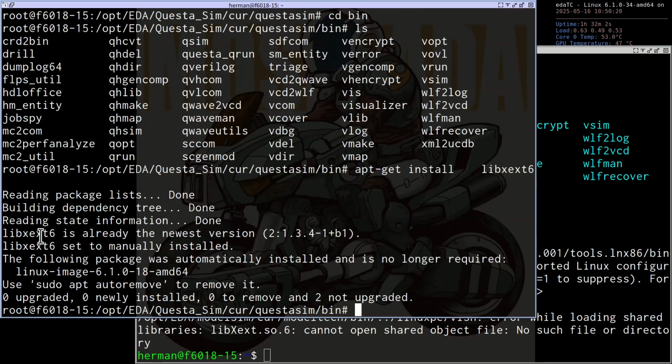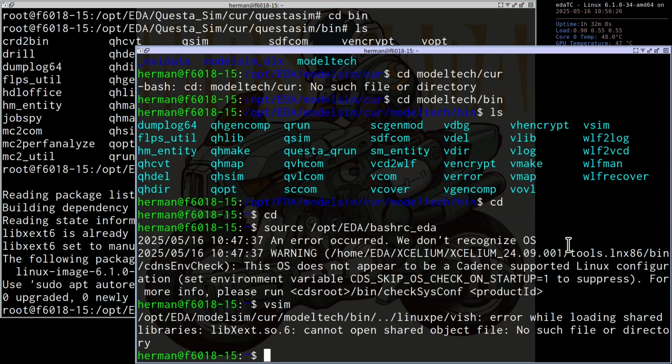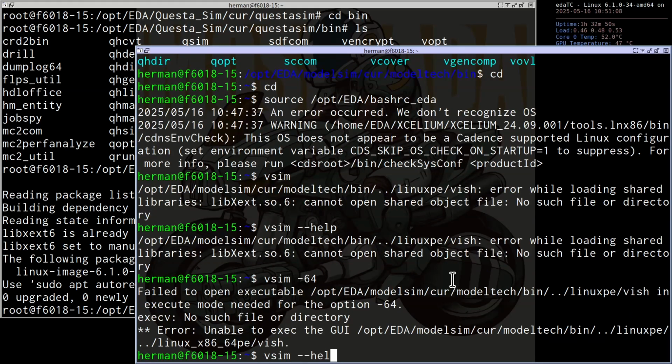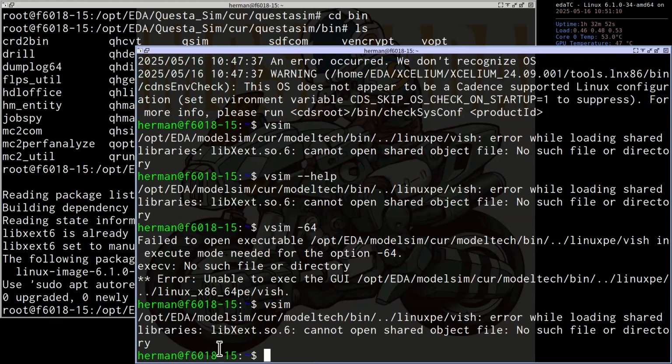Then you see it tells you that this is already the newest version. So this may be because this one is not a 64-bit version. So we still need to run vsim, and we see the same problem.